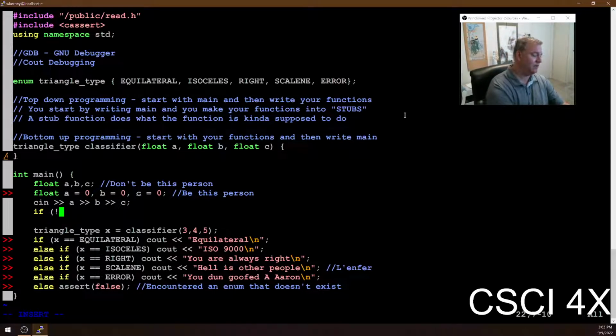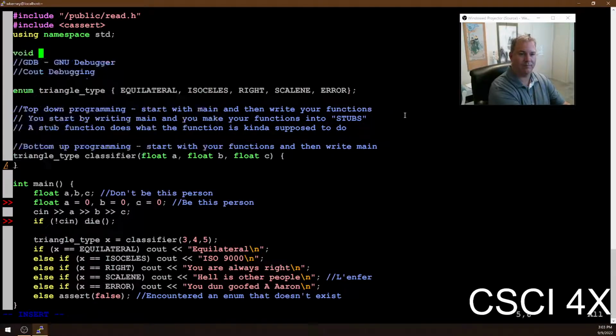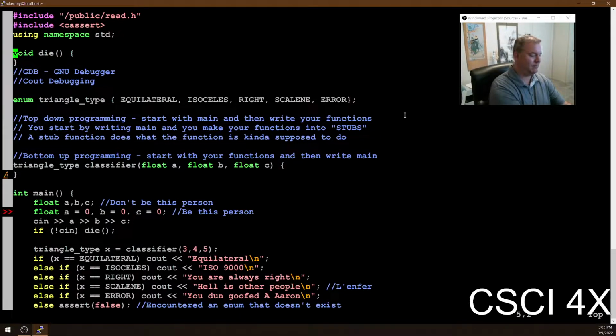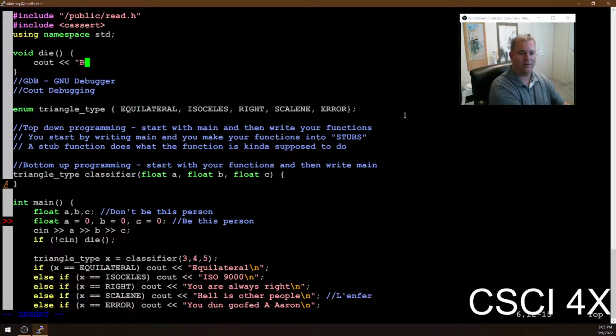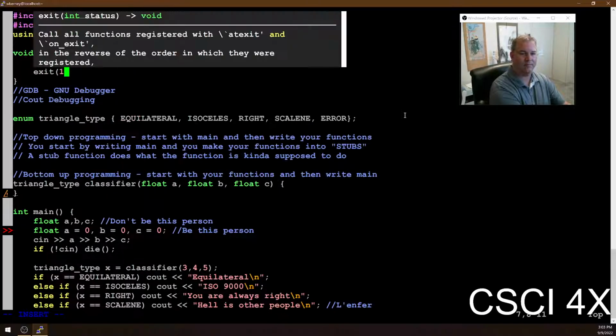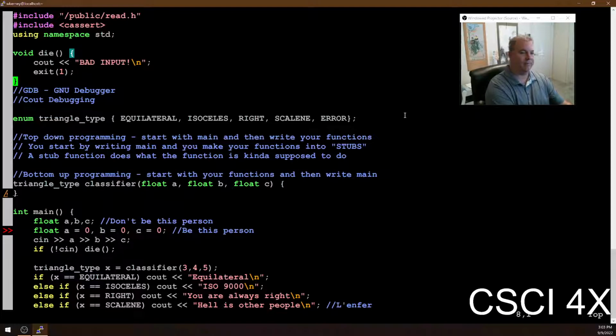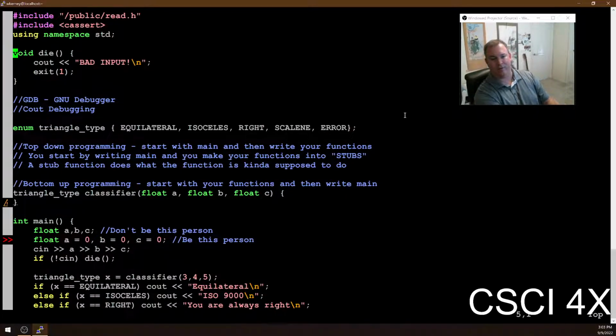Make sure that what was typed in is valid. So if not cin, die or something, right? I usually have something like this in my homework, so that if the user types in something wrong,